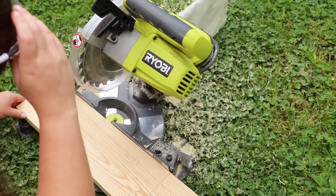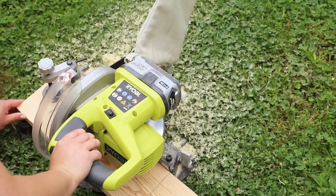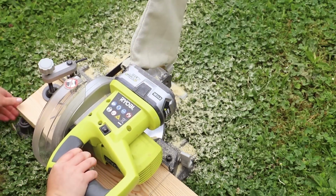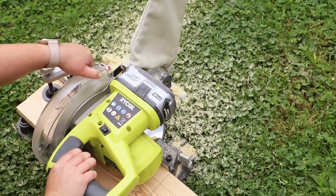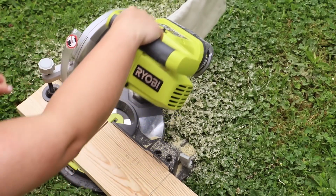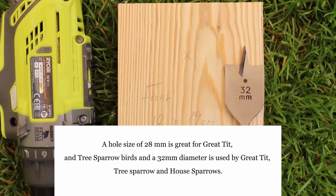To cut your wood, I'm just using a saw because I have it and it's way easier. However, you can use a jigsaw, you can use a hand saw, but you will be sweating. It's a little bit more strenuous. Do not worry if your wooden pieces are not perfectly straight, because you can probably tell from mine that mine are not straight. But hey ho,